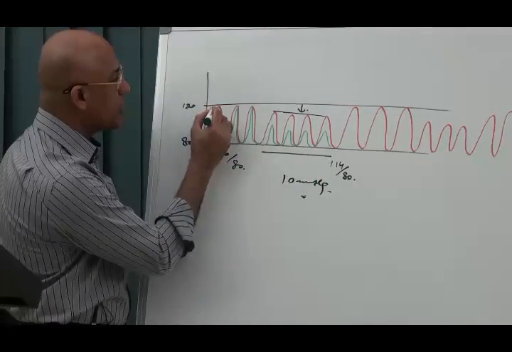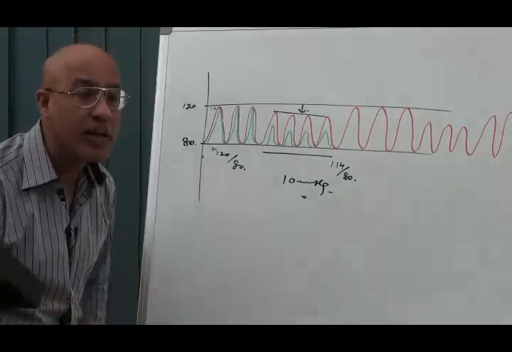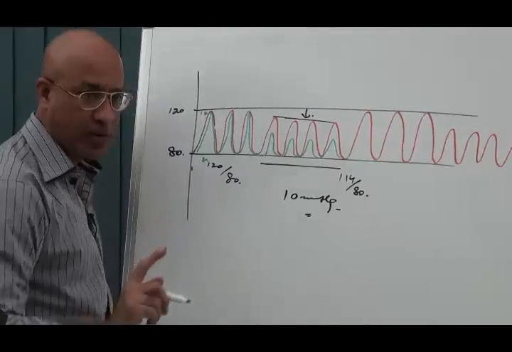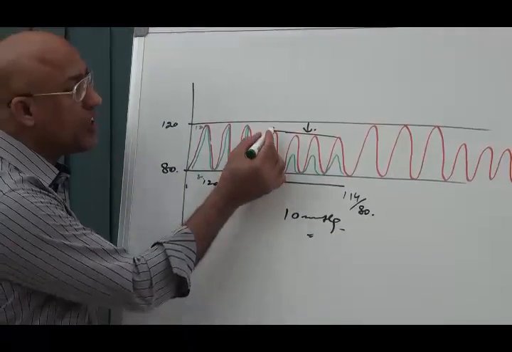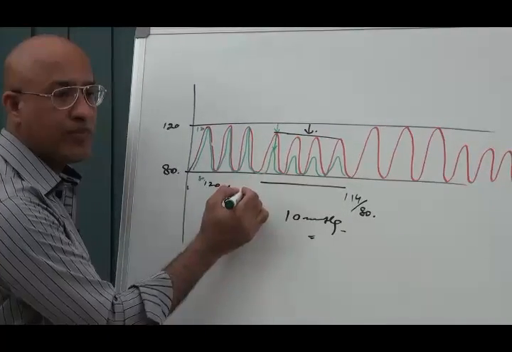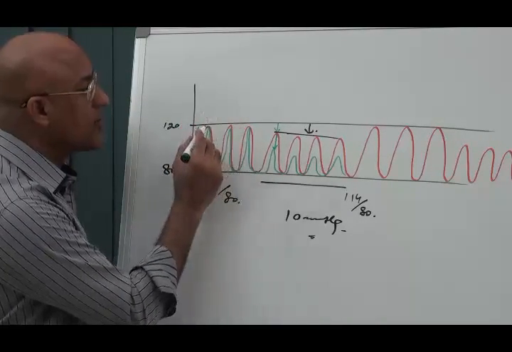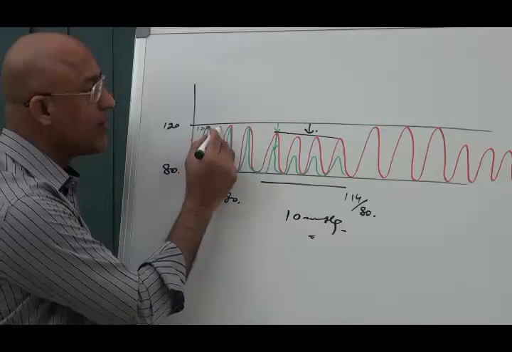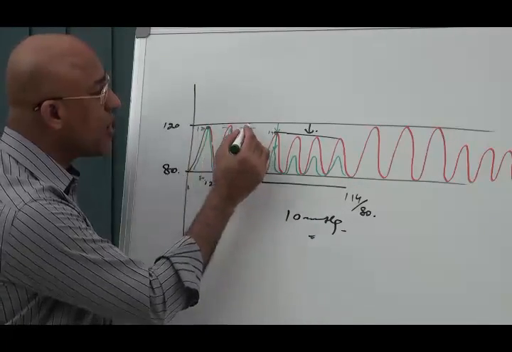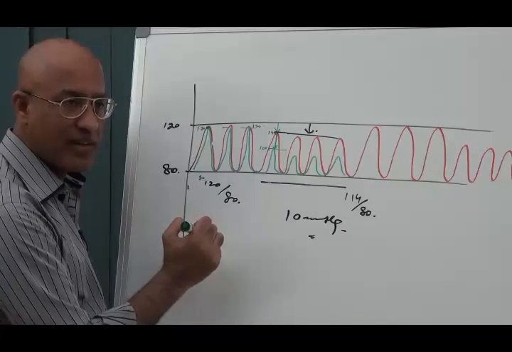Here it was 120 by 80 during expiration. And if there is pulsus paradoxus, I will explain why pulsus paradoxus develops in 2 minutes. But first listen, what is pulsus paradoxus? It is a condition that during inspiration the drop, which is supposed to be less than 10 millimeter, is too much of a drop. Rather than here, in a normal person, I'm just giving an example, it was 120 and it was 114 or 110, then it is normal. But if this is 120 and this is, let's suppose, 100 systolic blood pressure,